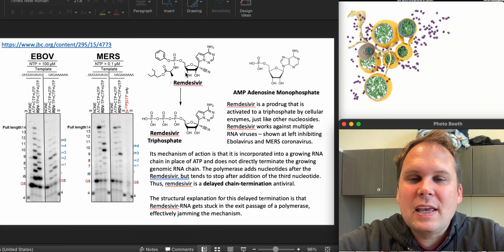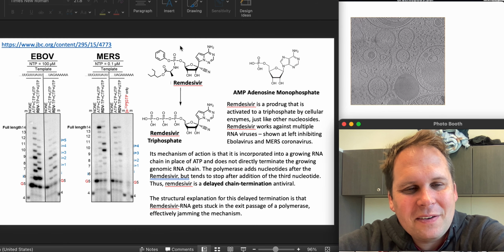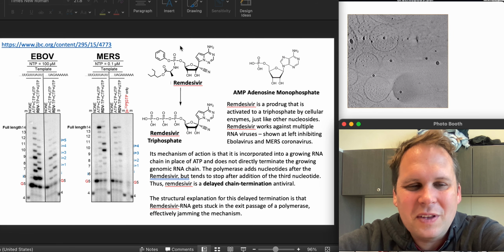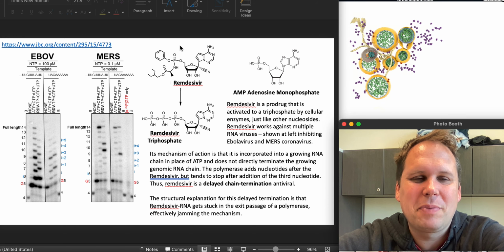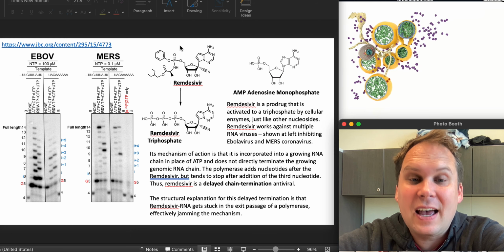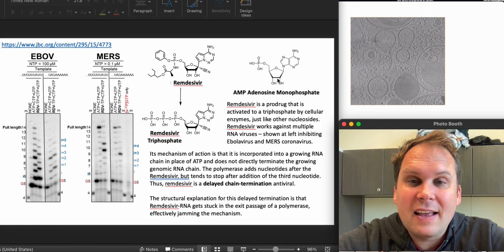So remdesivir is, if you look at that, can you tell? Is that a chain terminator, or is that something that gets put into the middle of the chain? Which nucleotide would you look at? Or which part of this thing would you look at? So it's a nucleoside in that it is similar to a nucleotide. And so here's the actual nucleotide that it's most similar to.